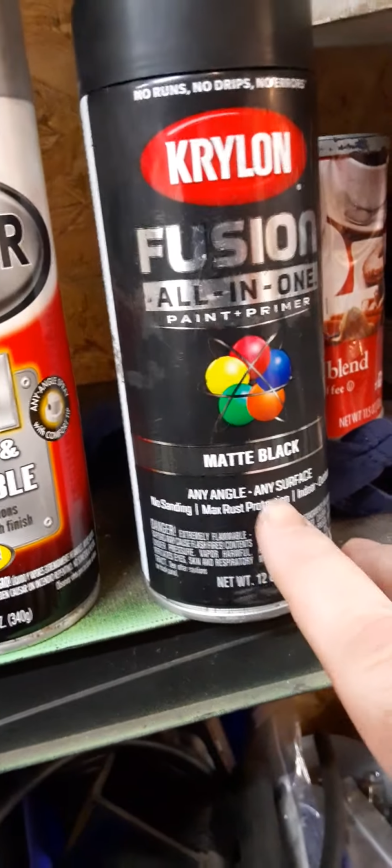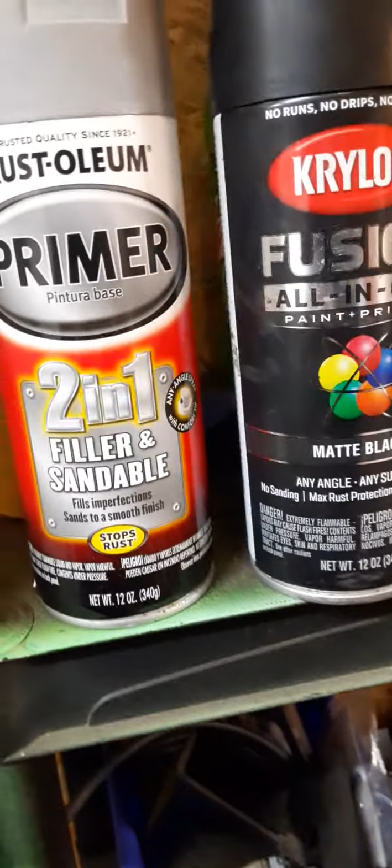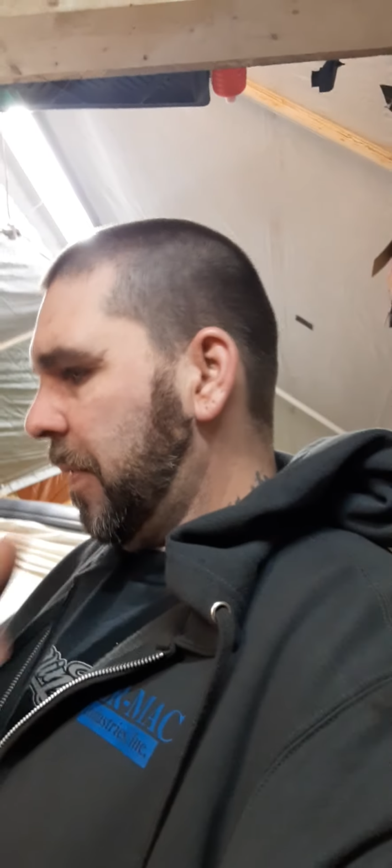So it's not as matte. It's not as flat as this matte black is. But these are the two kinds of paint I do use on rims, and you can use it on steel and aluminum rims. Like I said, I washed my 18-inch rims 100 times